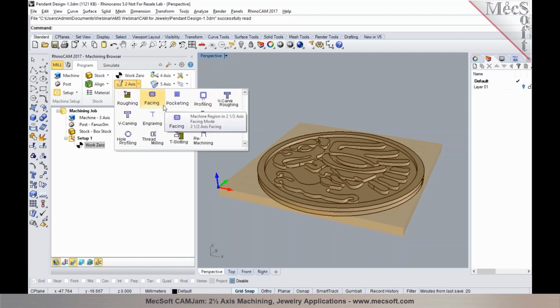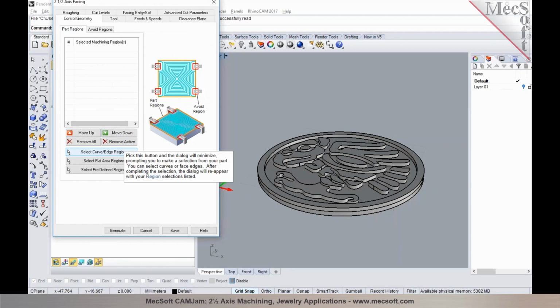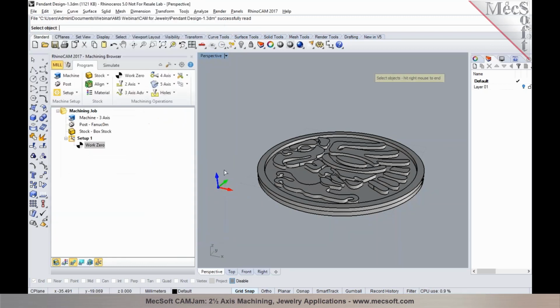You have roughing, facing, pocketing, profiling, V-carve roughing, engraving, slot machining, chamfering, hole pocketing, hole profiling, thread milling, T-slot machining, and remachining. Now most of these methods are offered right from our standard configuration. The remachining is offered in Pro and Premium configurations. So we'll start with a facing operation, and I'm going to go ahead and use select curve edge regions, and